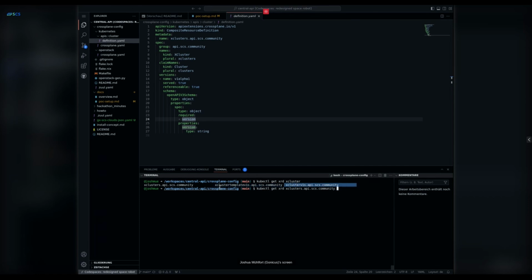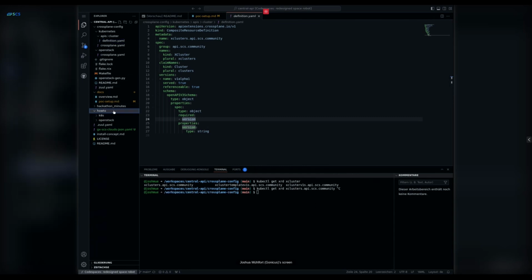I guess that's a Magnum API. But yeah, that's our XRD that is installed, but it doesn't have any composition assigned to it. So if I would create any claim or instance of such a cluster, nothing would happen really, which is where we will take a look into the how-to